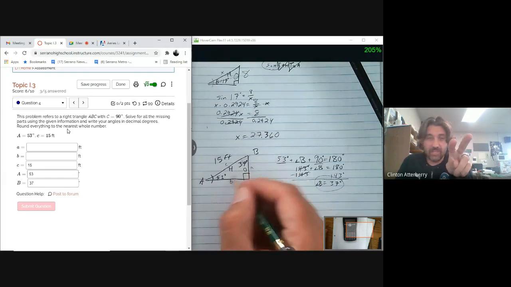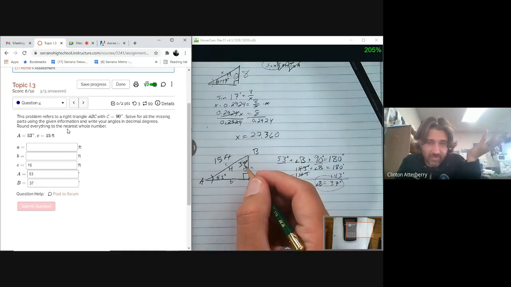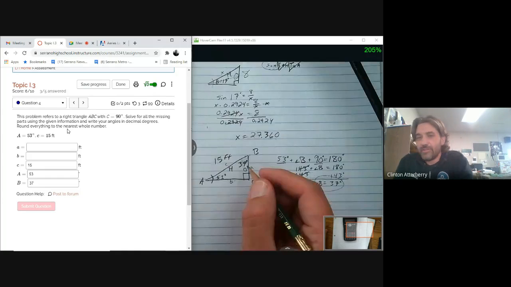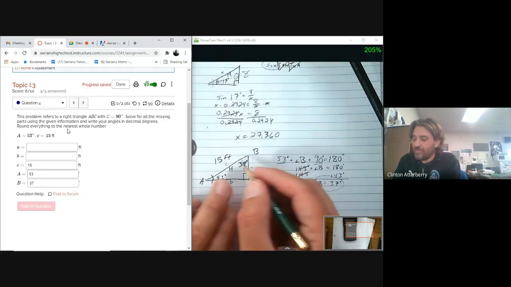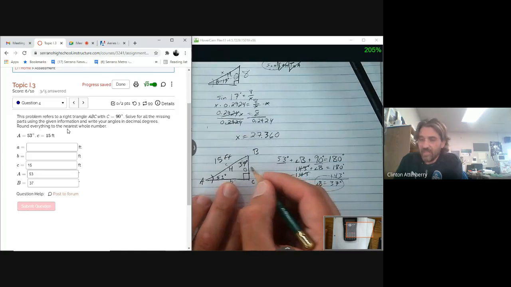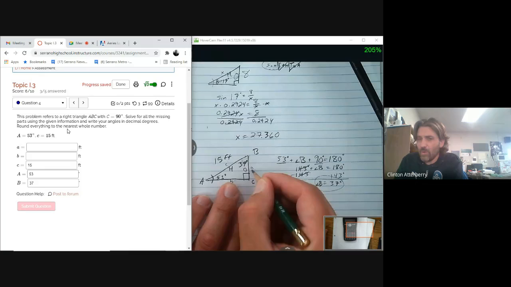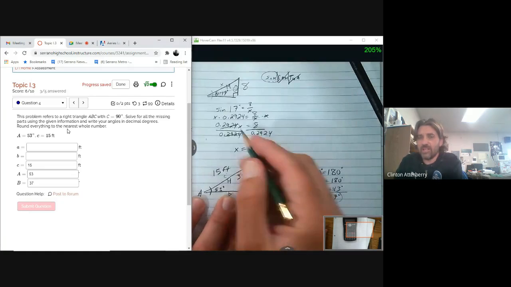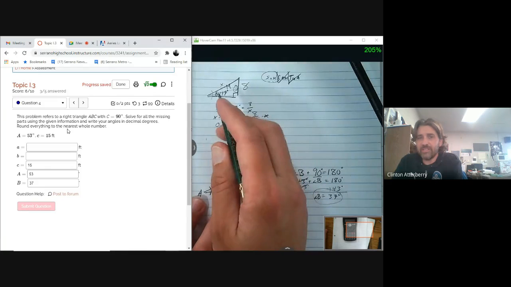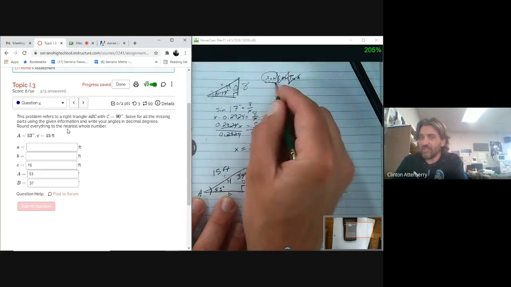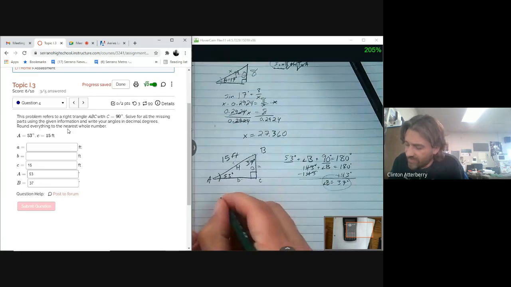If you try to solve for two things, your letters are going to move around, but you're not going to ever solve anything. So what you have to do is look at just one thing you're trying to solve for. So let's solve for A. We know the angle, the other side, and we're missing this side. We have opposite and hypotenuse. So just like the first one, where we did angle, opposite, hypotenuse, we use the sine function. So the sine of 53